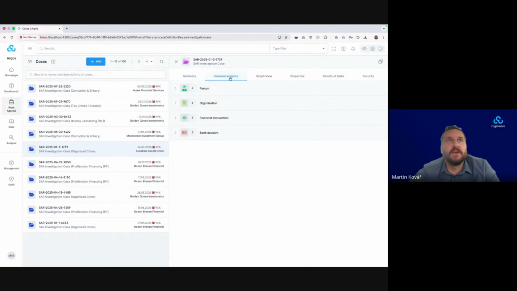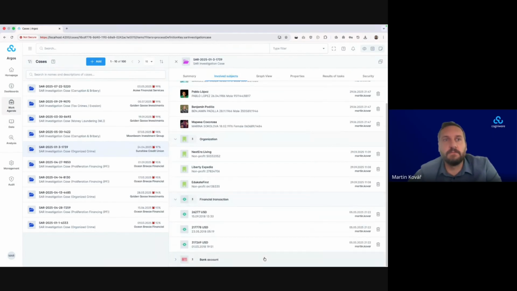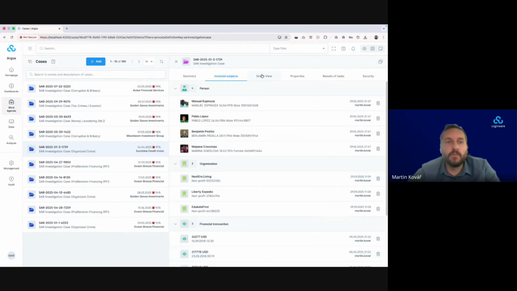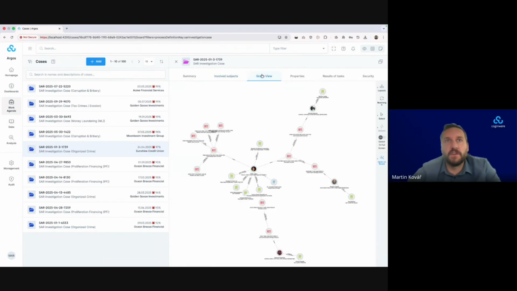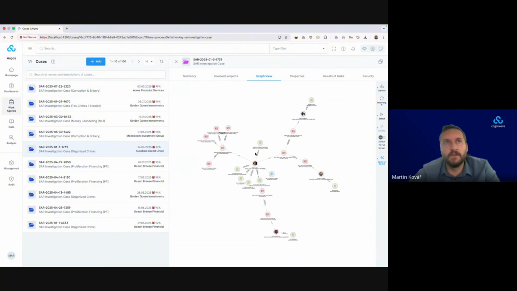Now, obviously, each STR is backed by certain data. So here you have the main people, the main organization, the main financial transactions marked in the STR file, and the bank account tagged. Now, since we are investigation software, usually we try to cover not only connections but also timelines and geospatial view, but we start with connection here. So this is a relationship view on top of all STR data in one nice visual that is basically created automatically for you based on the incoming STR data.